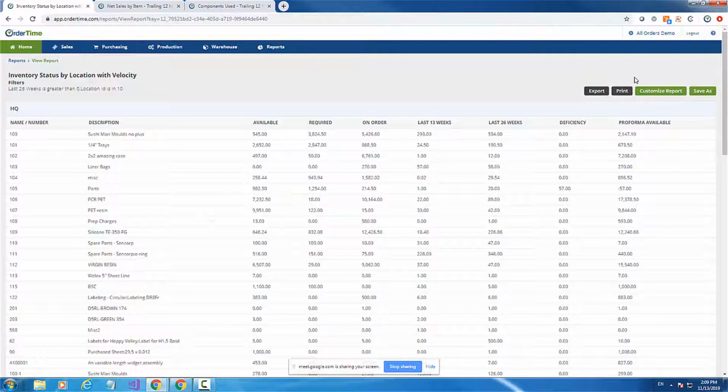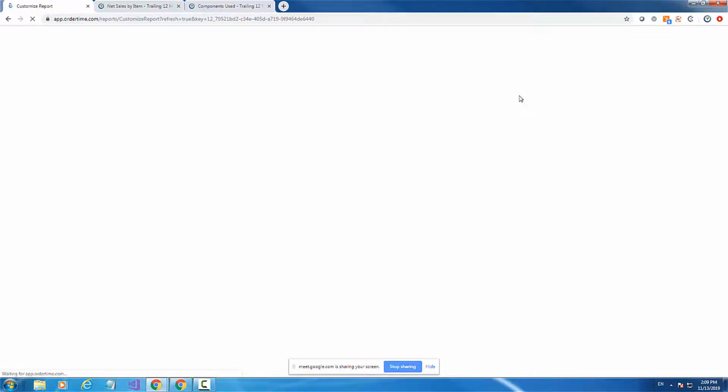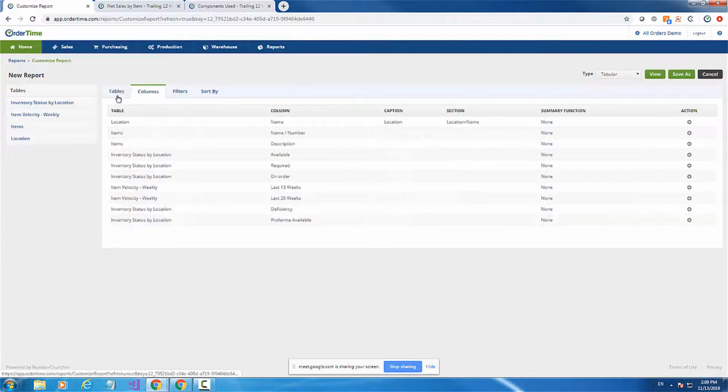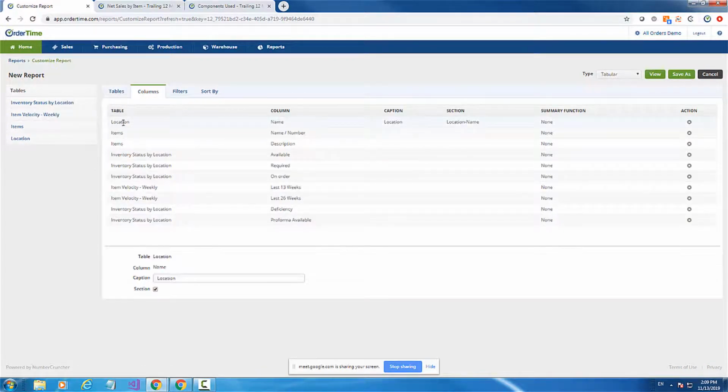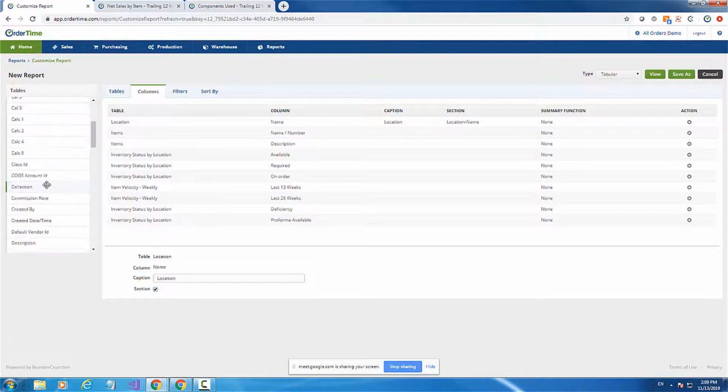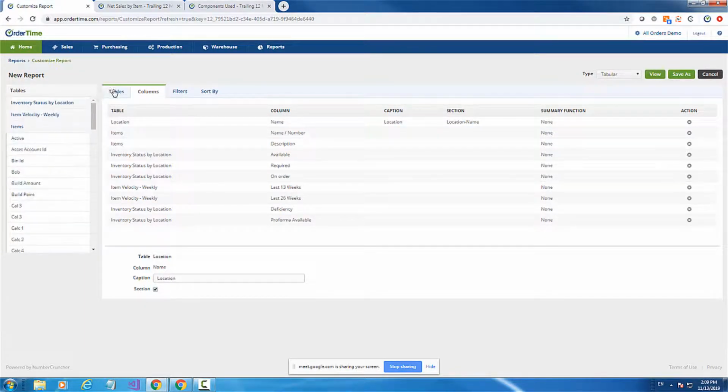A lot of people have asked, how do I group my reports in different ways? So I'm going to revisit that a little bit. Again, I just go to customize reports here, and I need a column. Right now, the locations is a grouping. So I'm going to add another one, and I'm going to go to my items. All right, and I'm actually going to add another